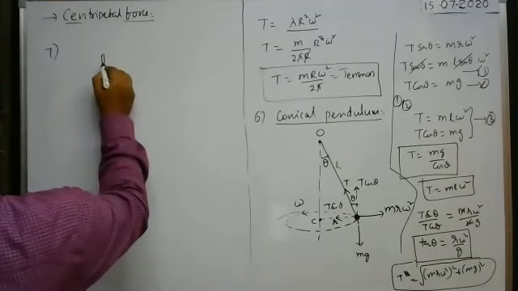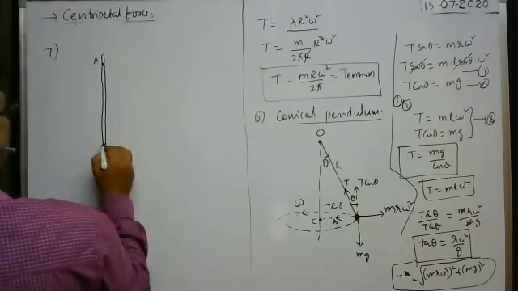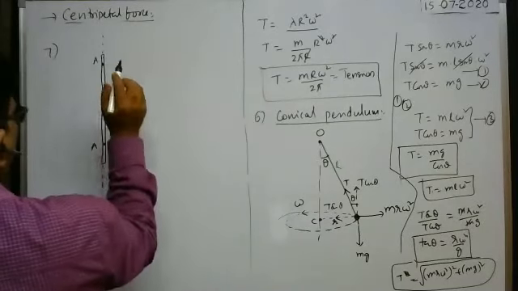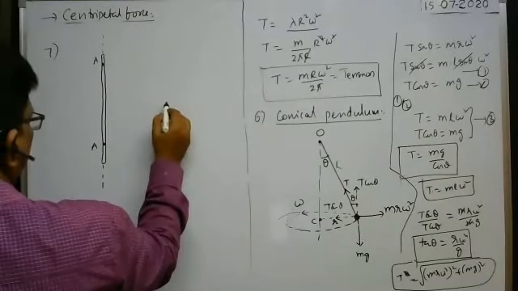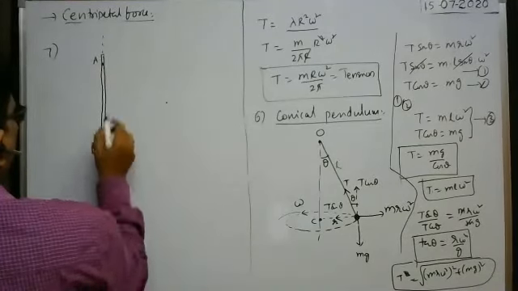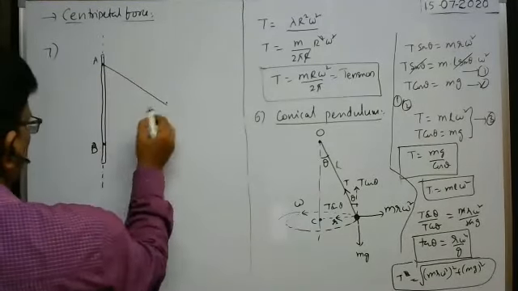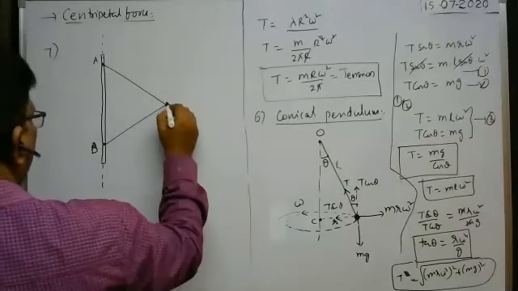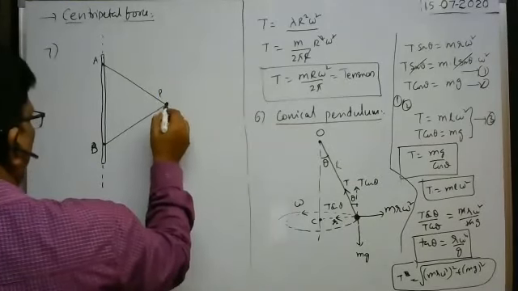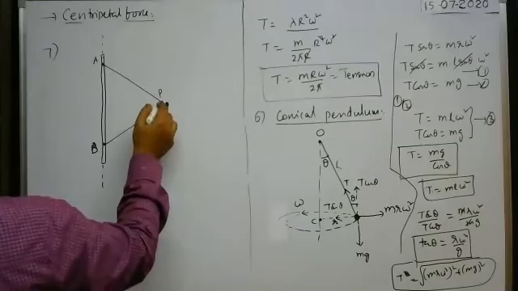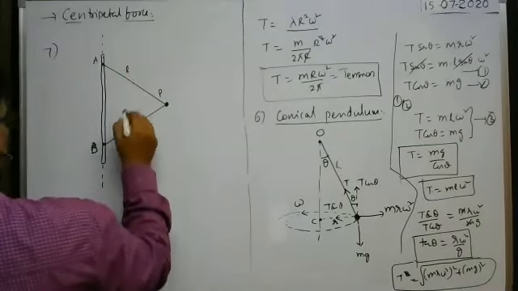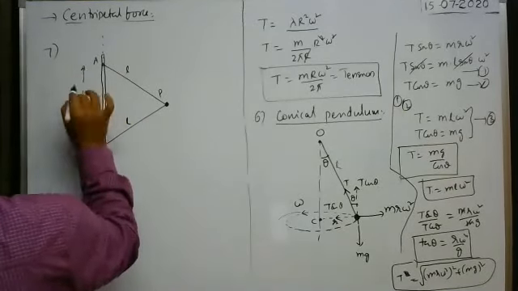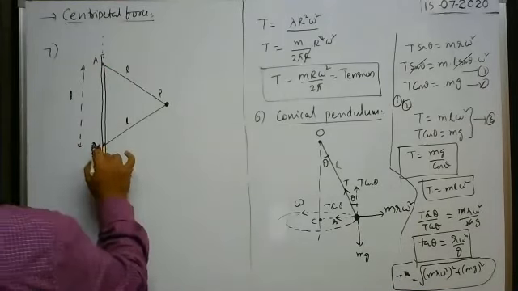Here you see, it is the point A, it is the point B. It is the axis of rotation. Here, a particle of mass m is attached to the points A and B by means of two strings like this. Both strings have the same length. This is the particle P. The particle is fixed by two strings of length L each from the two points A and B, separated by a distance L. That means these two points are separated by distance L.